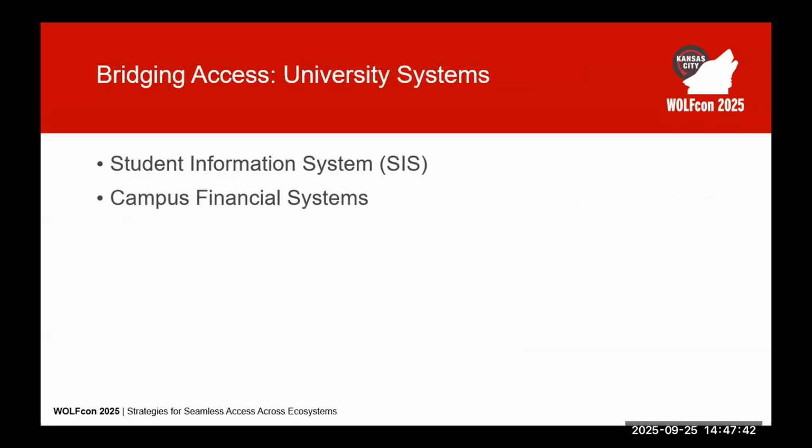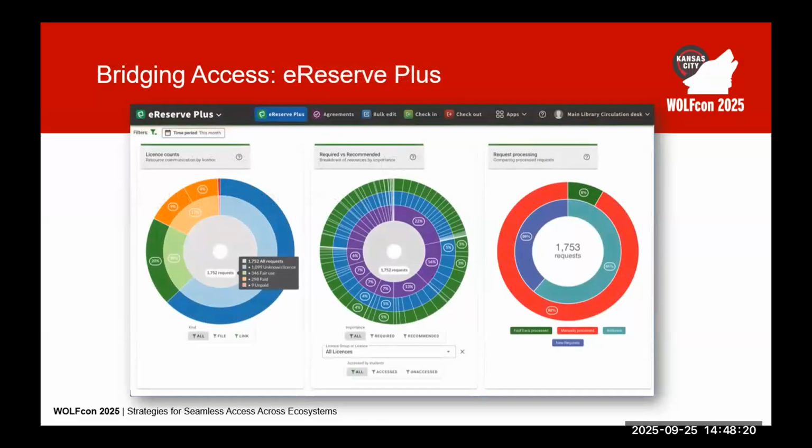I was hoping to have some really cool examples to share with you about integration with student information systems, but all of my customers, everybody's like, oh, I don't know, it's that guy over there. Nobody really had it all defined. But a lot of our Folio libraries are interacting with their student information system. I know we were working just recently with Columbia University as they were going live, and they did a whole bunch of really cool interactions with Workday, which is their primary financial system, but they actually have several others as well that they created integrations with. Thankfully, they were just able to build integrations using Folio APIs, so nothing really special there.